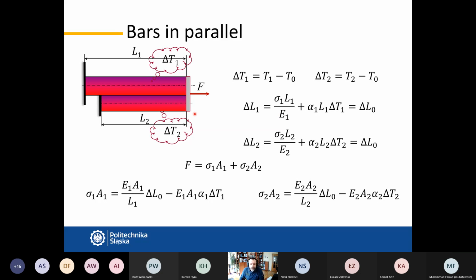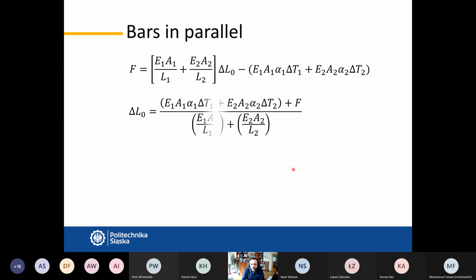Let's say the formulas are quite general here. And we try to find out what the loadings are. So here is the total elongation, or total change in length, of the entire system. And it depends on what the temperature changes are and what the materials are. Look, there are two material properties, E, so Young's modulus, and